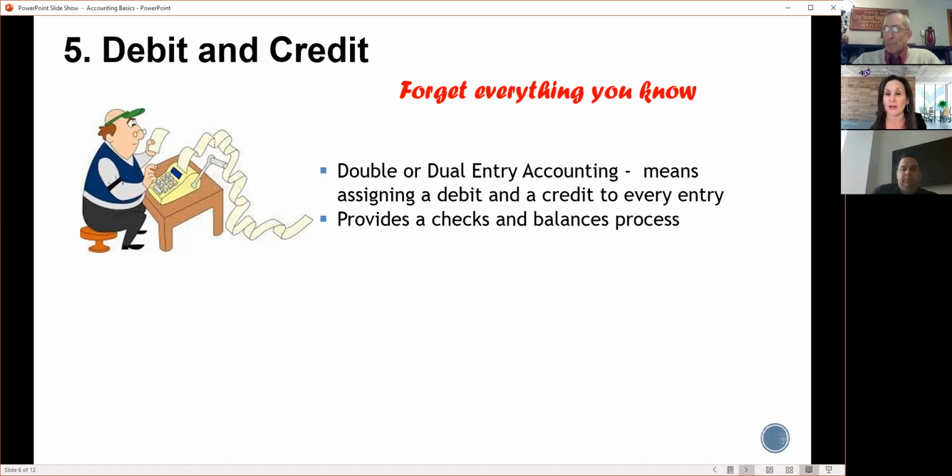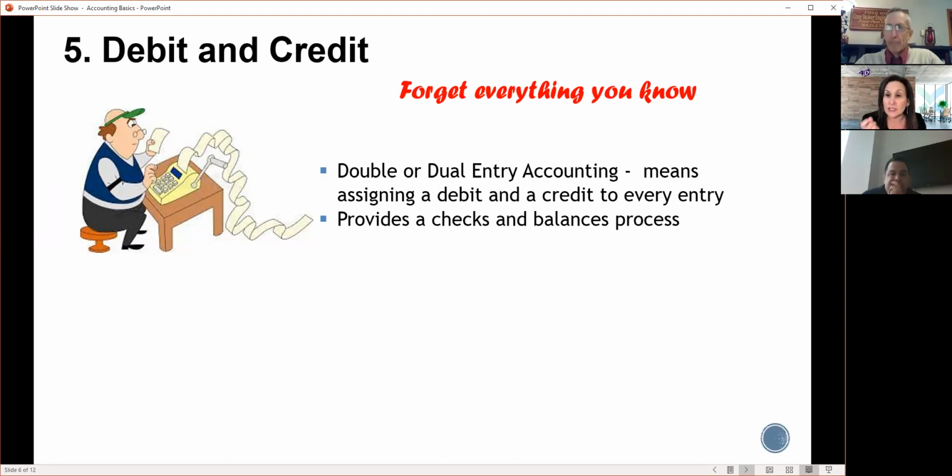Because if you think about it, when you're trying to be accurate in your information, every entry has two entries, and that allows you at the end of those entries to tally them up and realize if they are the same. Because back in the day when you only had a pencil, your 8 could be a 5 or it could be a 3, or you could transpose numbers.